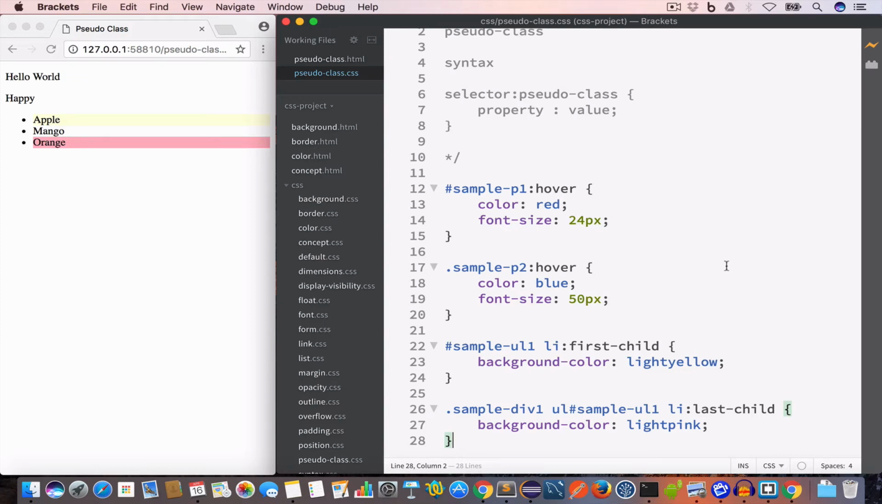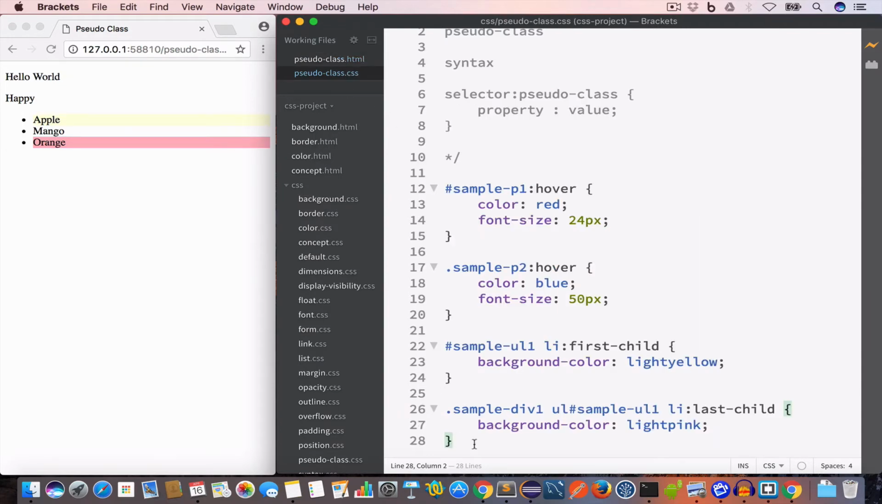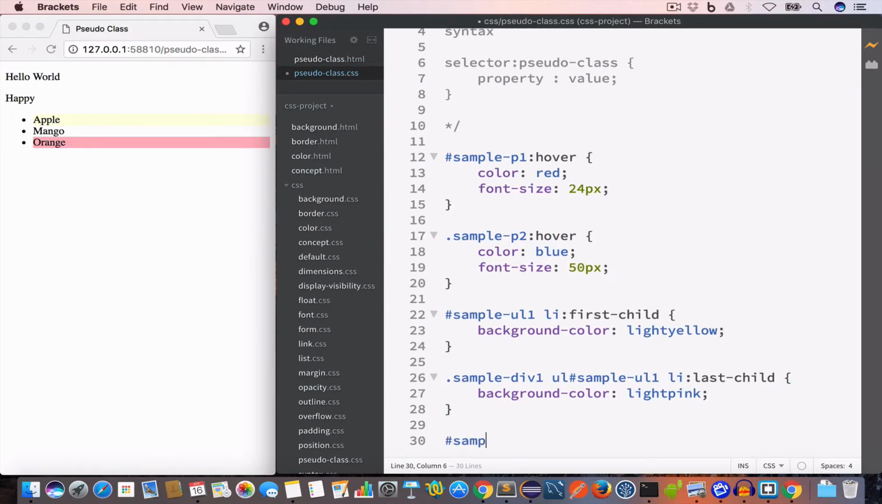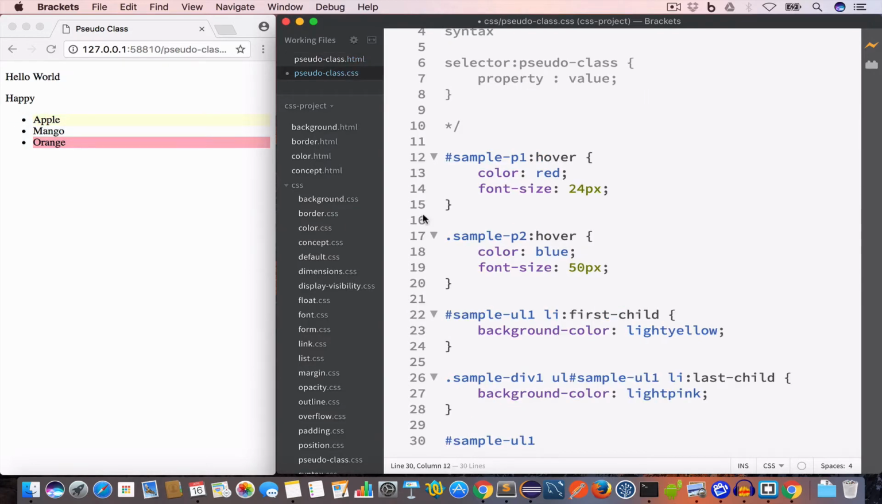Now let's say we want to change the background color of the second child to light green. Now in order to target any child that is not the first child or the last child, in that case we use the nth child pseudo class. So we are targeting this unordered list having ID sample-ul1. So we'll write #sample-ul1, and since we are targeting the list items, so space li since they are descendant,